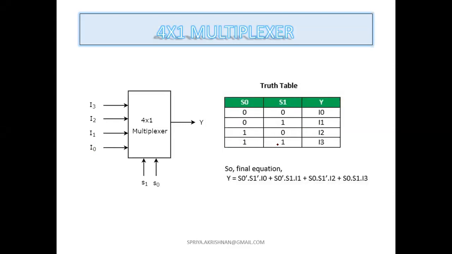Selection line 1, 1, it will take I3. So the selection lines are the control points. They are the controllers. They control which input I should pass. If the selection line is 0, 0, I will pass I0 to Y. If it is 0, 1, I'll pass I1 to Y. So that is the logic.